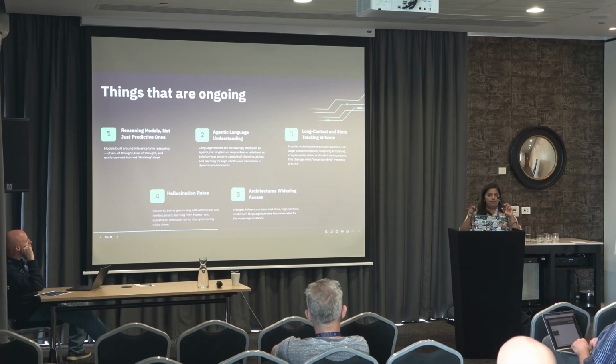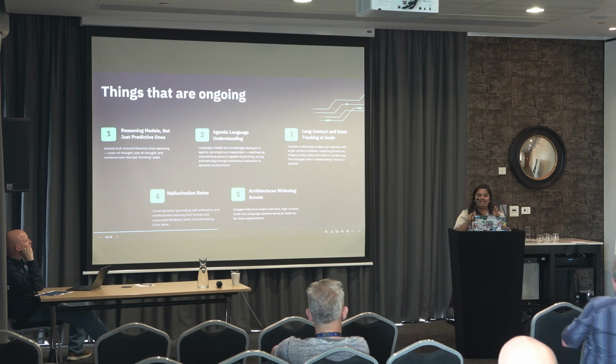The second thing is obviously something I'm sure everybody has heard. I have seen it 1,000 times today already on LinkedIn, which is agentic. Language models are increasingly deployed as agents now, and people have defined them as autonomous systems that can plan, act and create, which they partially are right now, but there is still an element of human in the loop involved, because who is going to take accountability for their actions? And the third one is long context, as I said.